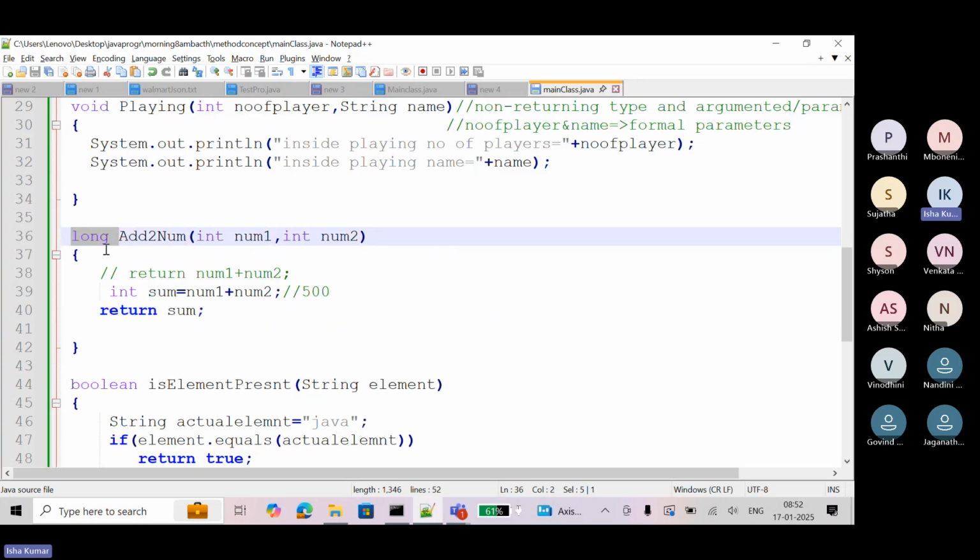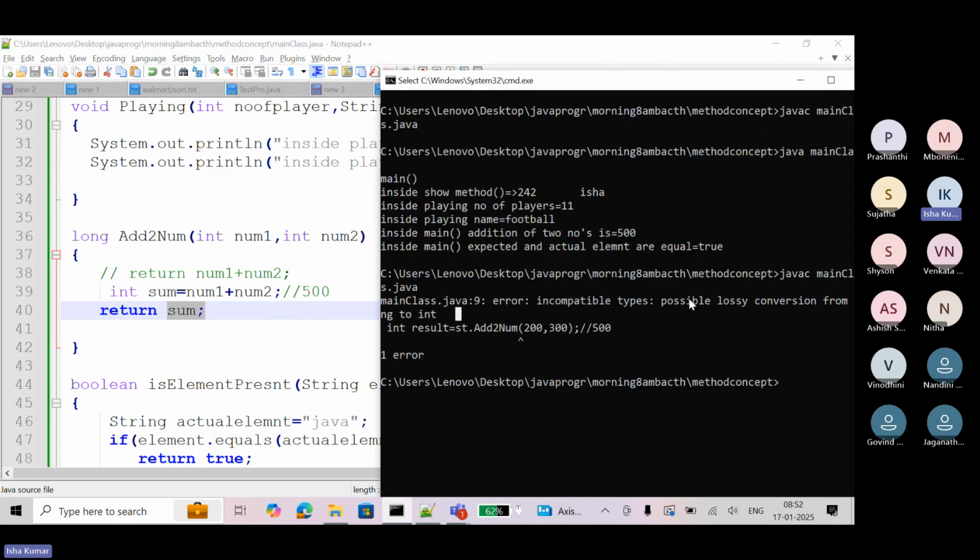Let's say if you are converting 1 kilogram into 1 liter, definitely precision will be lost, their magnitude will be lost. Same way, it should return long and you are trying to return integer. So the error says possible lossy conversion.